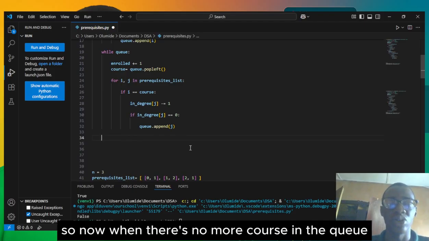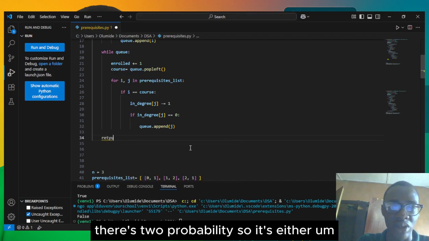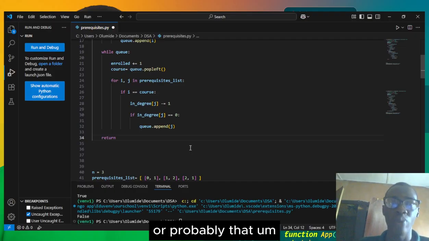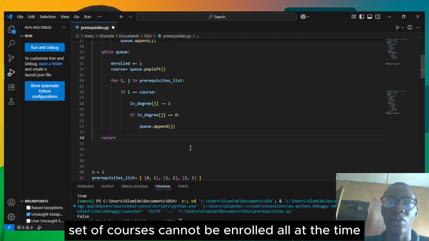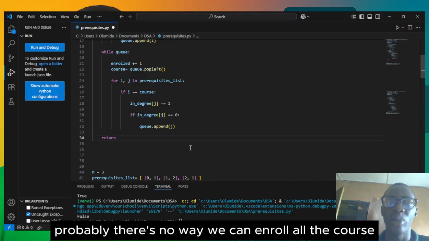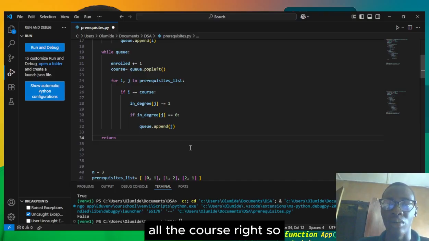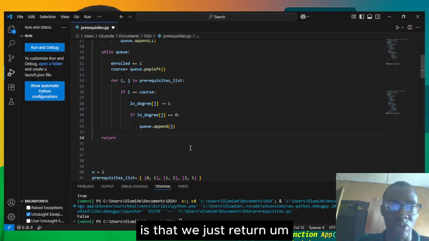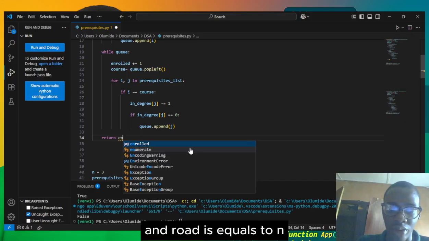course in the queue. So now when there's no more course in the queue, there are two possibilities. It's either we have exhausted and enrolled all the courses, or probably that set of courses cannot all be enrolled at a time. I mean, probably there's no way we can enroll all the courses, right? And how we can know which of it is valid is that we just return enrolled